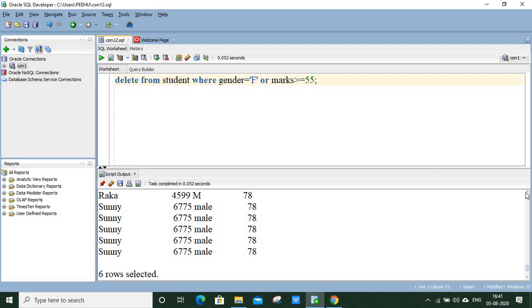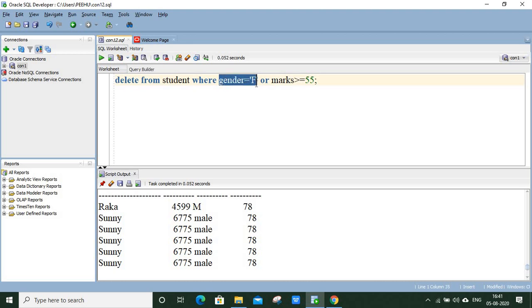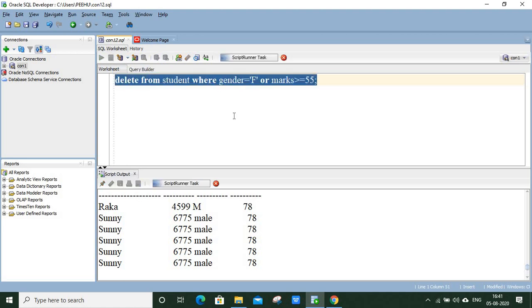So let us now see, there is no row where the gender is equal to F, but of course there are almost every row satisfying this other condition. So let's try to execute this statement now.